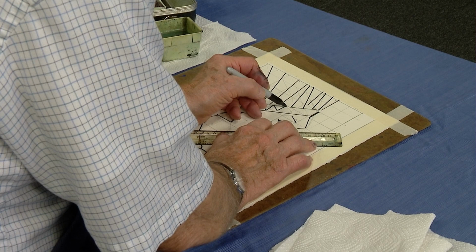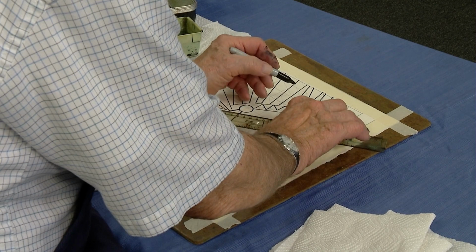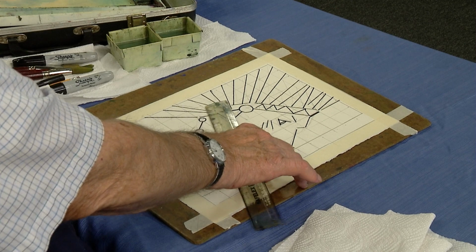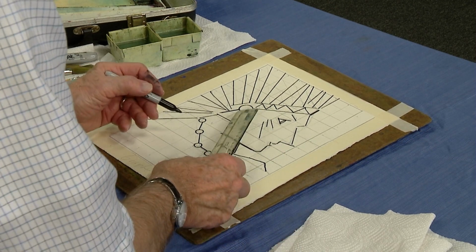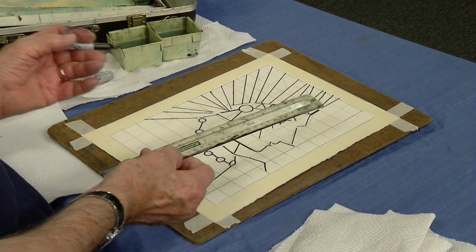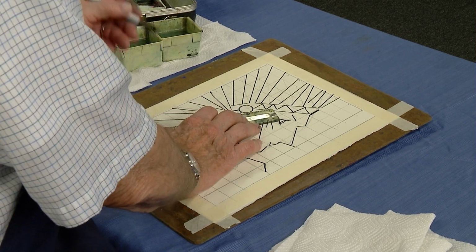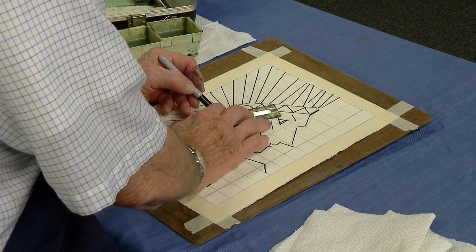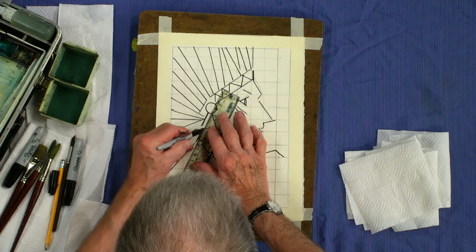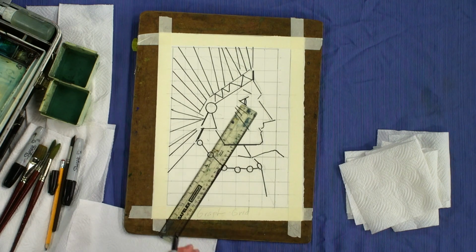And if you're going to use a marker, you just have to make sure it's a permanent marker so that when you wet it, it's not going to blur. That's the only thing about that. Now, I guess I got most all the lines in. If you want the features to kind of jump out in certain areas, you can use a larger marker. But if you don't have a larger marker, I just move the ruler over a little bit, and as I move it over, I just make some of the lines a little bit wider so that you do get a variety of